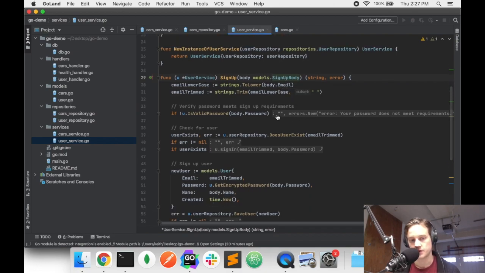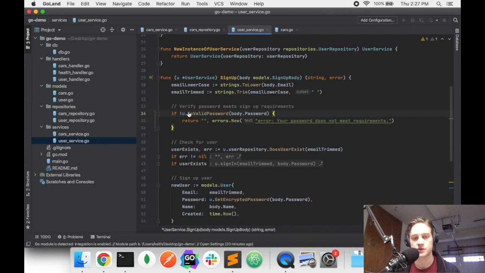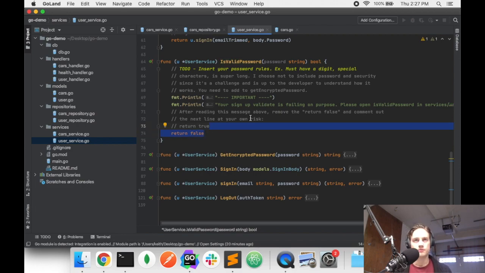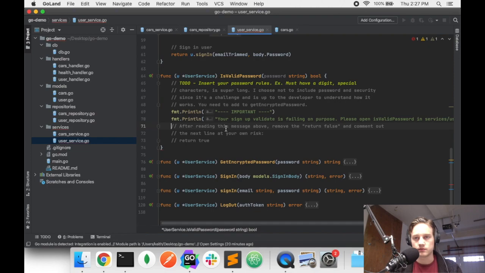So the first thing we do is validate the password. We have this is valid password method. I've added a to do here. Essentially, you have to add a way to validate that the password meets your password requirements. Since mine is at least length 10 and has at least 3 special characters and things like that, I'm just gonna change that to be return true. For now, this is not recommended at all, but I'm just gonna do it so I can show you